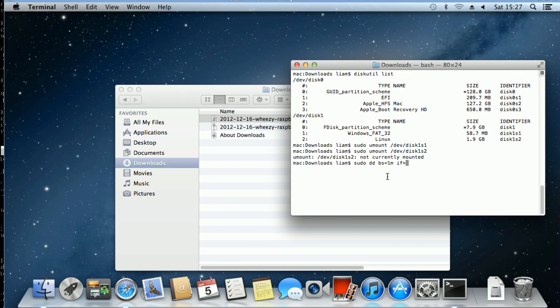if, which stands for input file, equals 2012-12-16-wheezy-raspbian.img. That is not .zip, definitely .img. And the date may change, obviously, depending on what version of the image you're using. And then of, which stands for output file, equals /dev/disk1. If you press enter there,